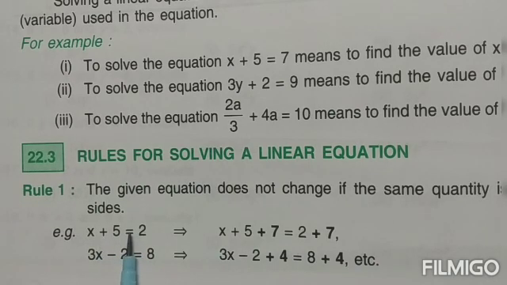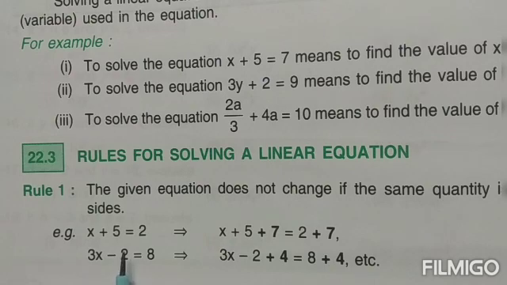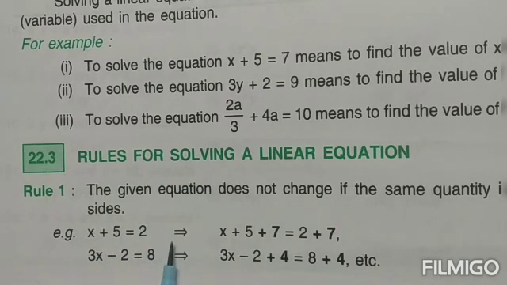And then whatever you do on one side of the equals sign should also be done on the other side of the equals sign. Right? So that is how we solve it. That is, the same thing that is done with the variable should be done on the other side also. Only the thing is you change the sign.